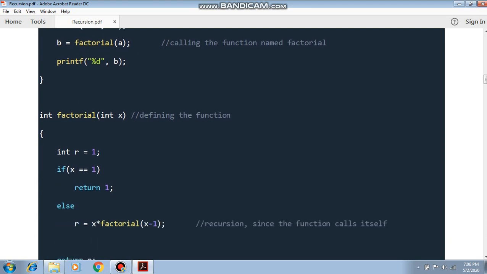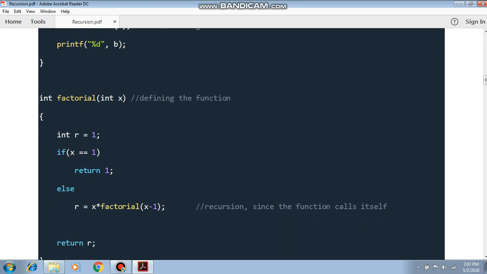So in the function definition, R means result, where we store the result. When you do multiplication, always we assign the multiplication value as 1. But when we are doing the sum, always we assign the sum value as 0. That is a main concept. That's why when we are returning the result of any multiplication, because factorial is based on multiplication, not addition, result R is assigned with 1.